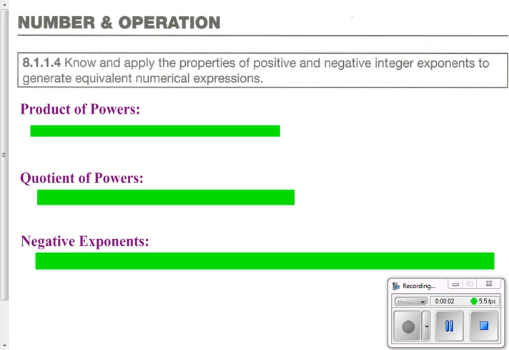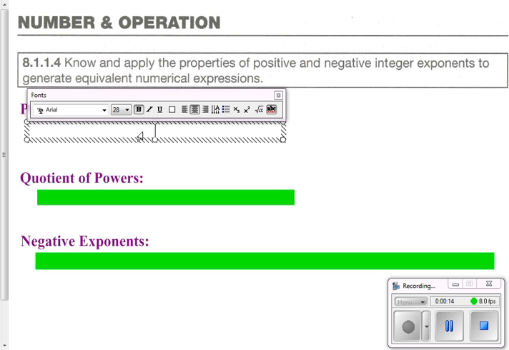Standard 8114, know and apply the properties of positive and negative integer exponents to generate equivalent numerical expressions. In order to do so, we need to know some of the power rules here. Product of powers. Product of powers simply states that